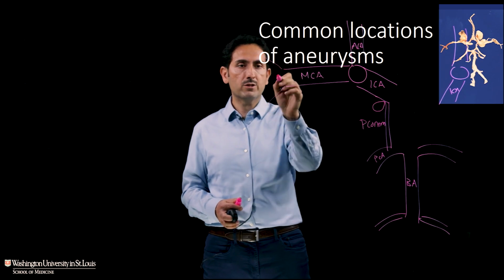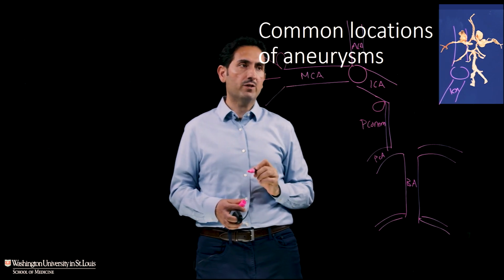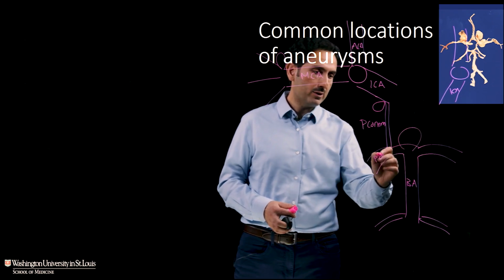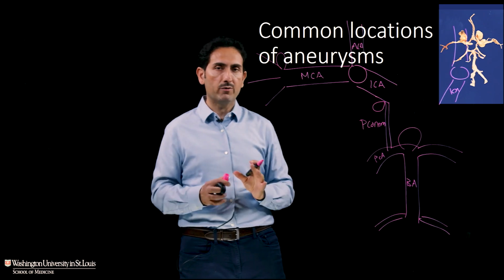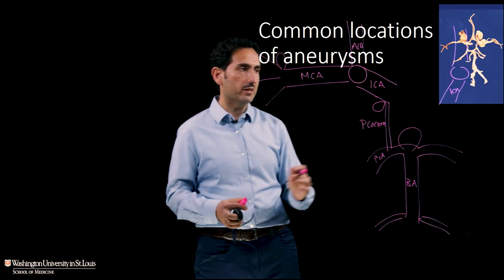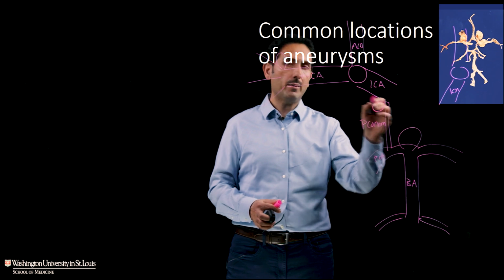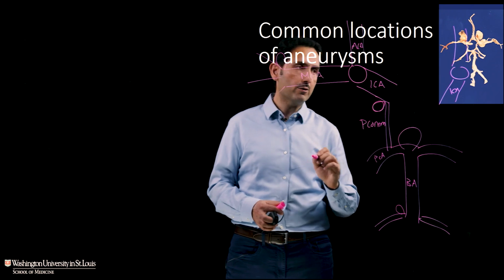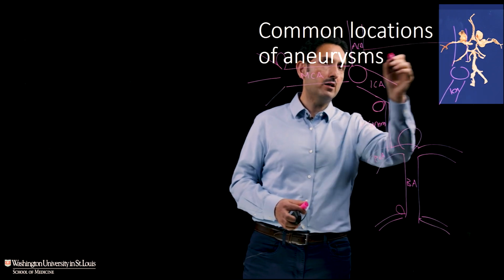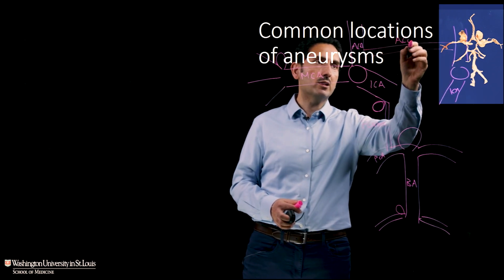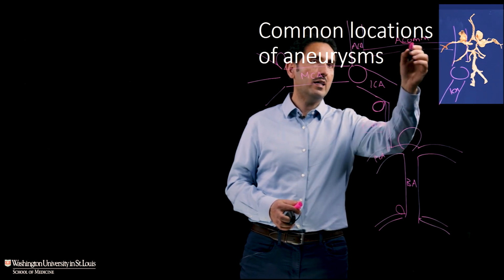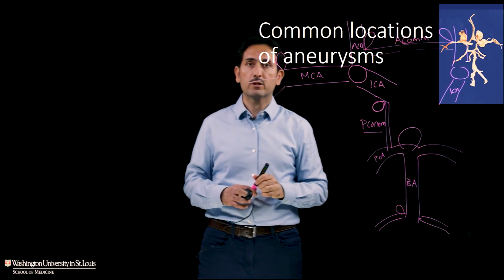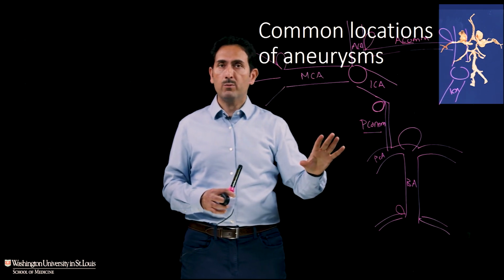Also, the MCA branches into two, and so you can have aneurysms at the branch point of the MCA. The other point where you see a branch is the top of the basilar, and you can get an aneurysm there as it branches off because there's pressure on the wall of the blood vessel over time with high blood pressure, aging, genetics. So you have internal carotid or PCOM aneurysms, MCA aneurysms, basilar aneurysms, sometimes PICA, which is this cerebellar artery. But perhaps the most common aneurysm is actually on a blood vessel that connects the two sides, the anterior communicating. We have the posterior communicating. And so here, at that little branch, you can have a very common aneurysm called the anterior communicating.